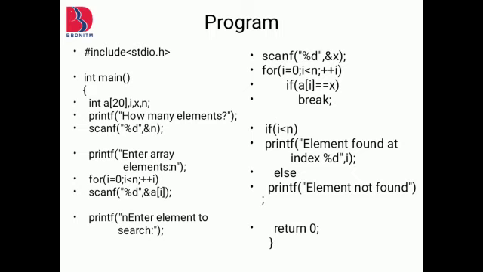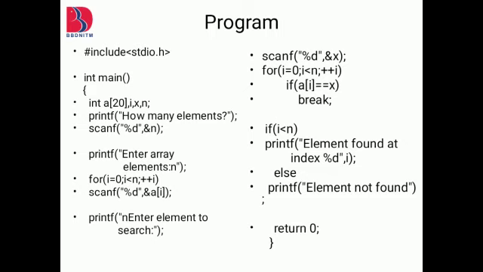Now, int a[20] means we have taken an array named a and the limit size is 20. Now i, x, n: i for initialization, x for the searched item, and n for total items. Whatever we have written in the printf is going to print. On our display screen we will see how many elements are to be entered. Maximum size is 20, as the array is defined above, and we want to keep only 5 items. Let's suppose I have given n as 5 items.